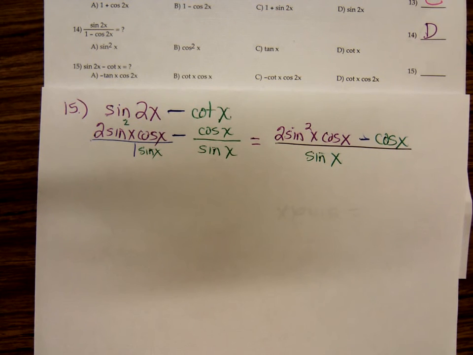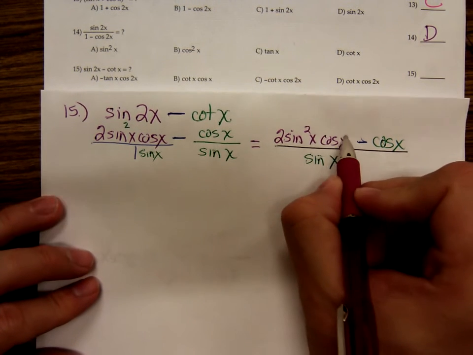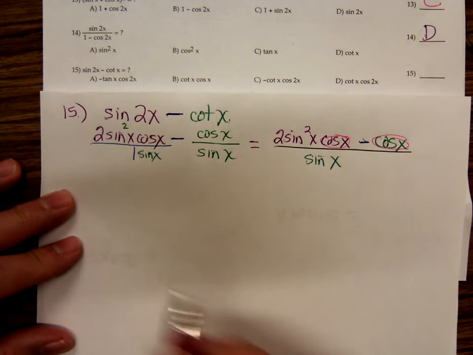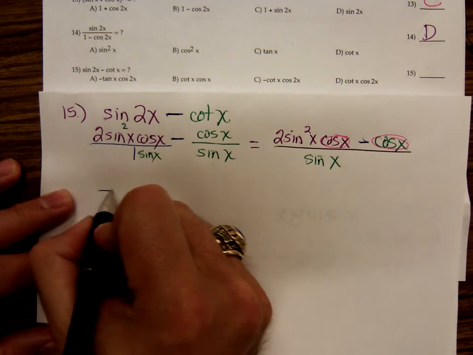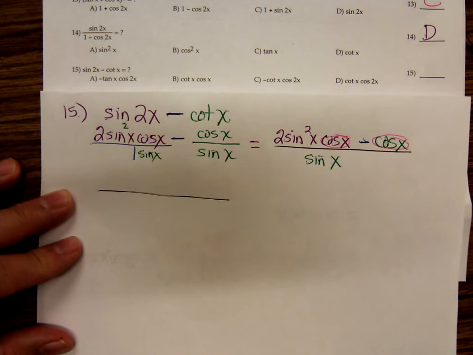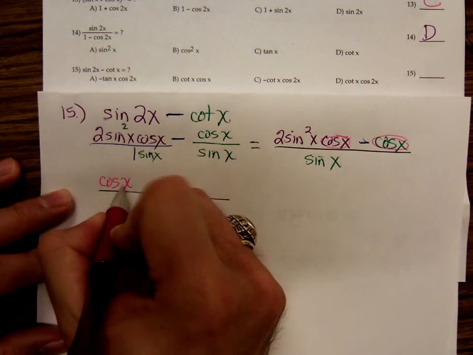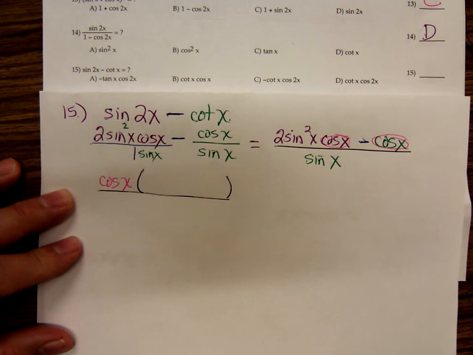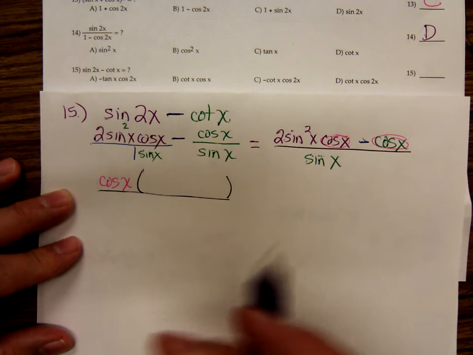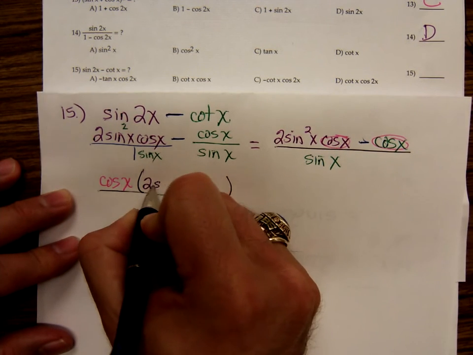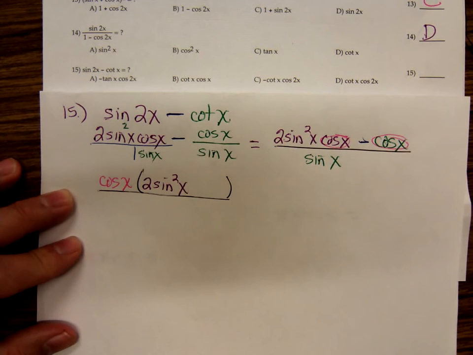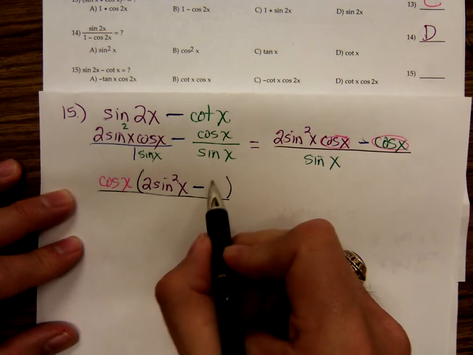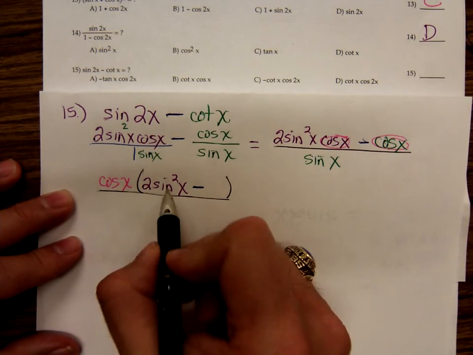Well, I notice that there's a cosine x in each one of these terms. What if I factor that cosine x out? So on top, what would happen if I factored this cosine x out? If I factored a cosine x out there, what would I have in the parentheses then? I would have the 2 sine squared x, and then the blue minus, and what am I going to have to put here in order to get that cosine x when I distribute? There'd still be a 1